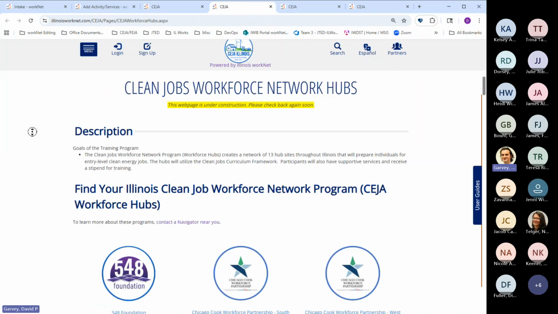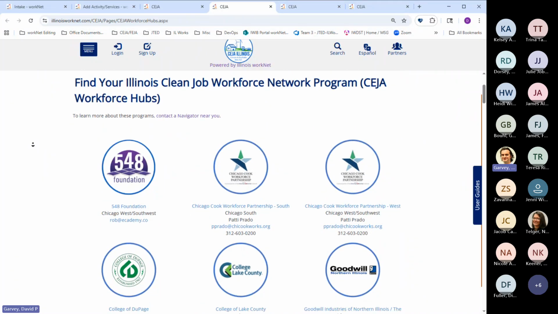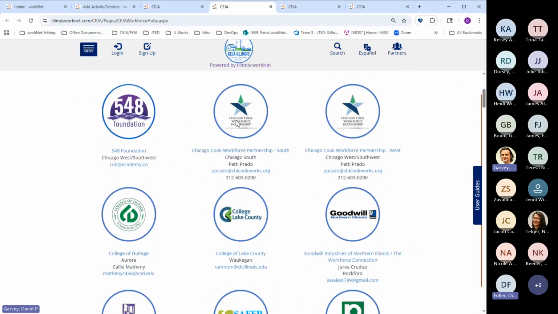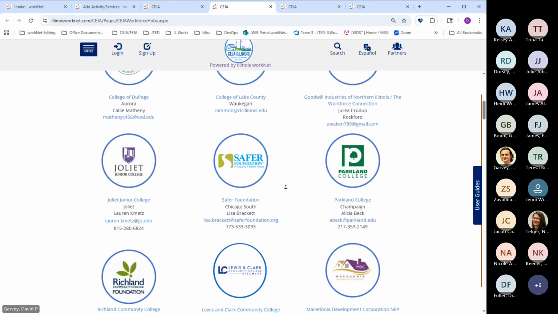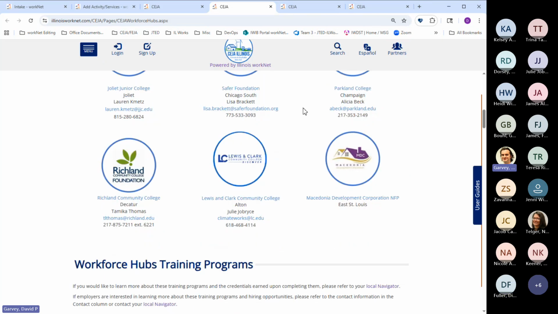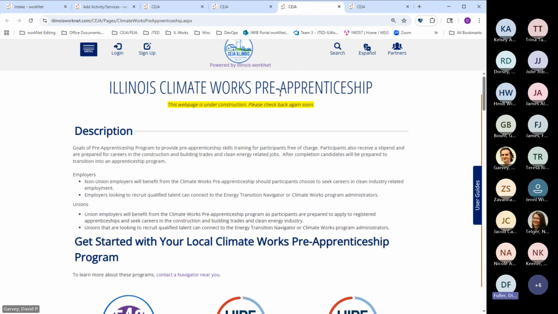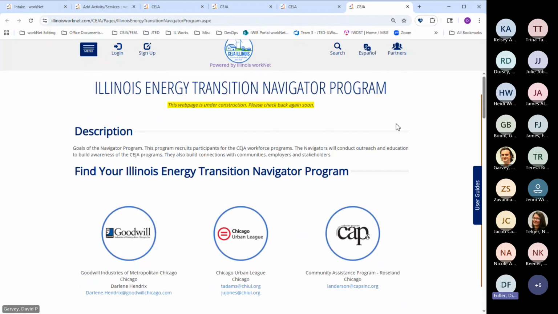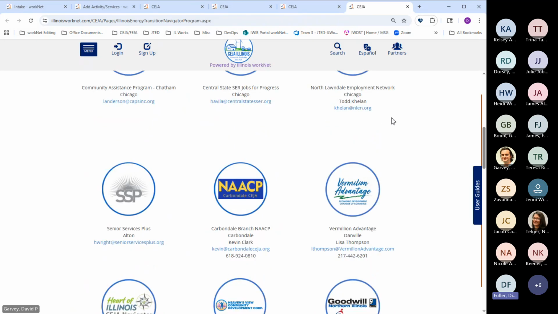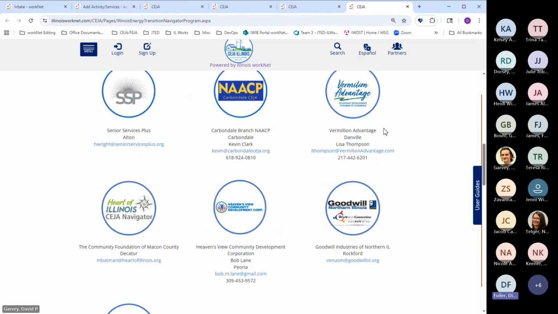On each page, it's set up so we'll still need to fill in some of this information, but we have the name of the grantee, location, and the name, email address, and phone number for the point of contacts. Thanks, David. So you'll find for each program, as he's showing, the contact information that each grantee informed us they would like listed on the website as the point of contact for anybody interested.